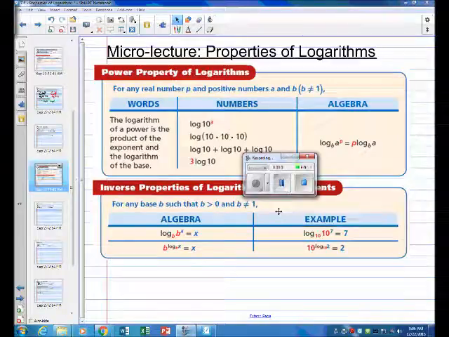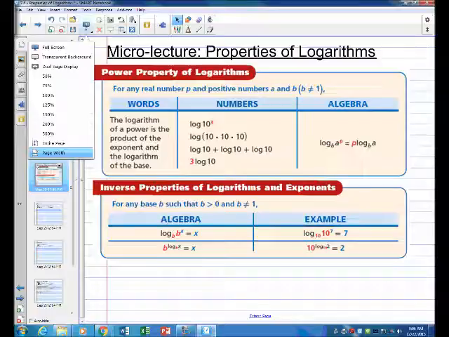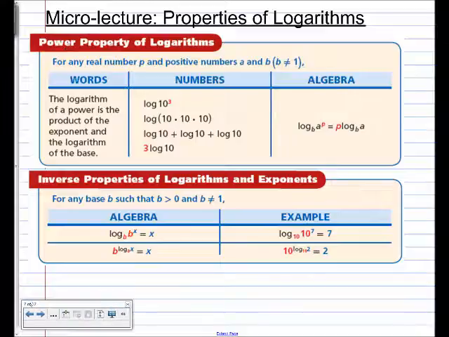For the last part of class, we're going to go ahead and continue talking about properties of logarithms. But again, just like the ones before it, you do not need to know the names. I repeat, you do not need to know the names, just how to use them. All right, so we have two here that we're going to look at, the power property of logarithms, as well